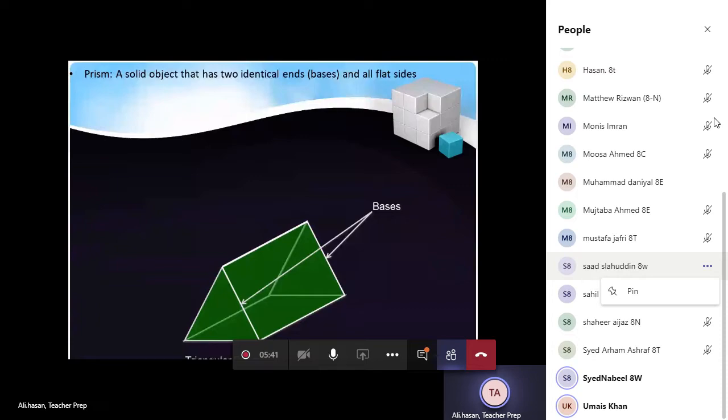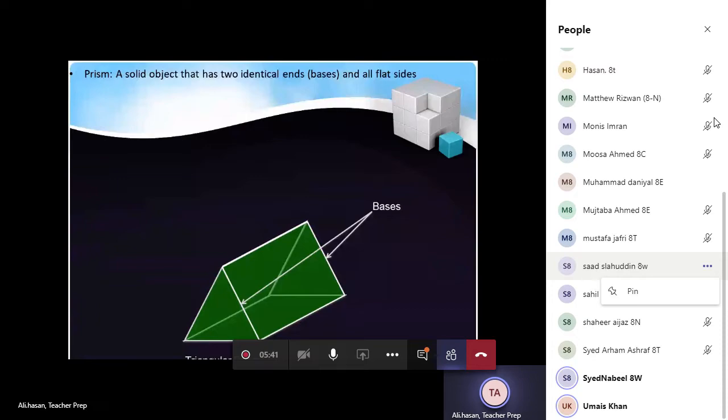Now coming up to the definition of surface area. I'll be reading it out. It says the total area of all the faces of an object. Sir, I know the surface area of the rectangle. Yes, very good. I'll be asking you later. What is the definition of surface area? Beta, area of all the faces. Total. Exactly.